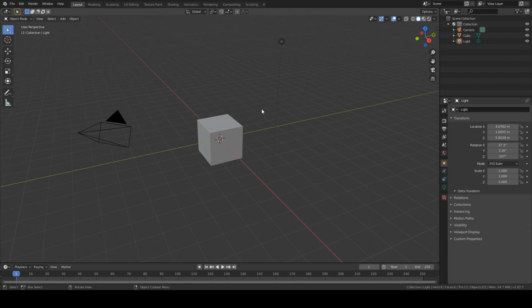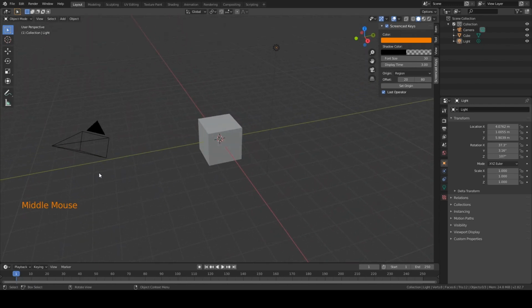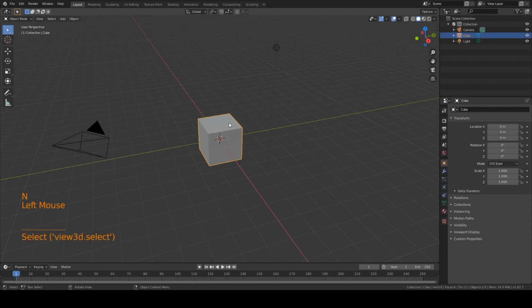We start with a cube right away. I've got a cool little plug-in over here called Screencast Keys, so you'll be able to see all the keystrokes and mouse movements here in orange in the corner. So let's get started. We've got our cube. I'm going to hit Tab and go into edit mode, and 3 to go into face mode,